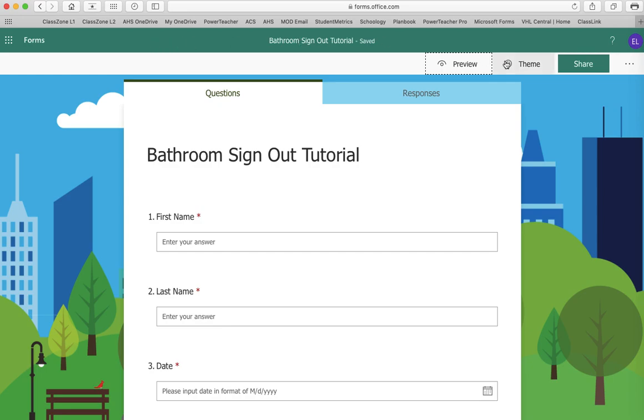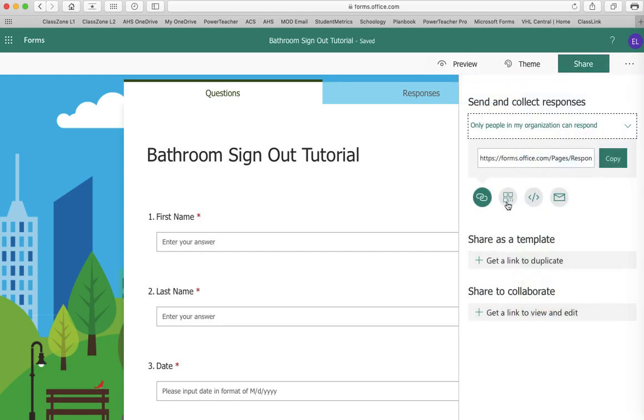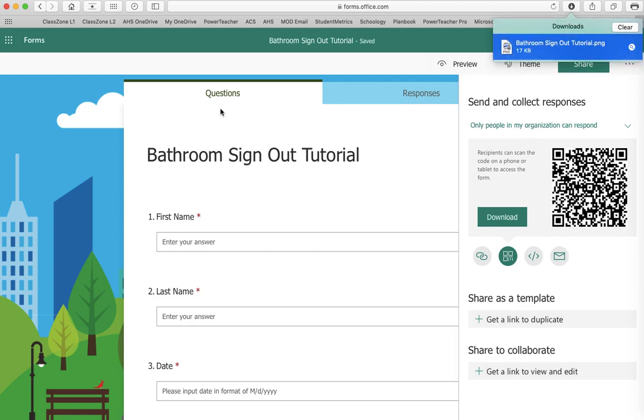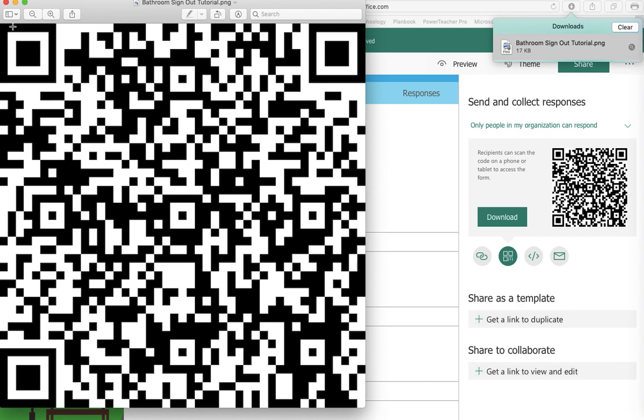Now, the nice thing about Microsoft Forms is that it actually gives us a QR code, and I will show people who don't do Microsoft Forms how to do this on Google as well. But if you click Share, right here in the bottom with Microsoft Forms, it will give you a QR code. So when you click that, it's going to ask if you want to download it. So all I did was download my QR code, and then I took it out of the PNG format, copied it,